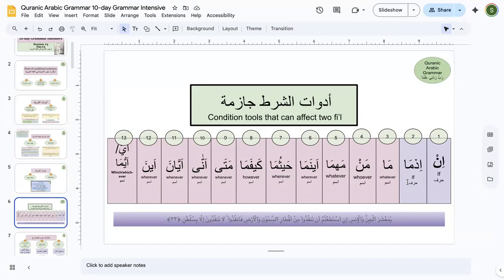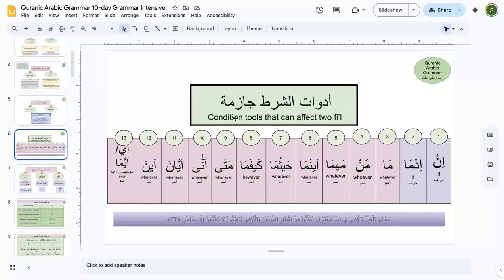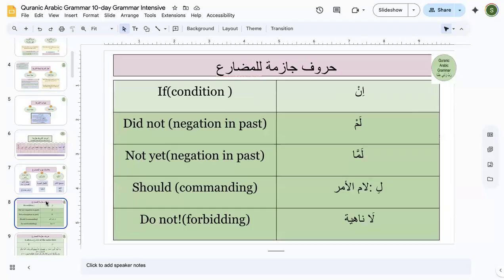In isma, the first two. Okay, you are going to pick the first two. And isma is not in Quran, so we don't need to worry too much about it. Okay, when it comes to your adawatu shart jazima, you all must have covered in your basic sessions that